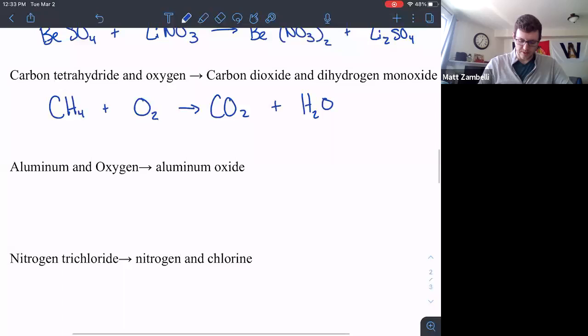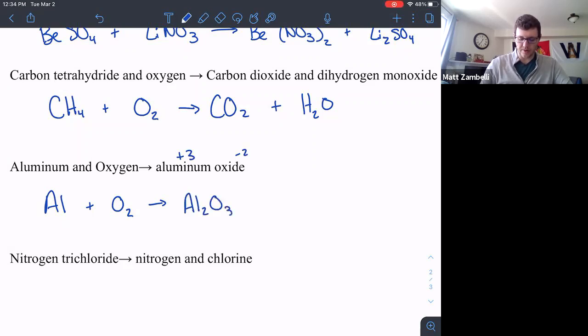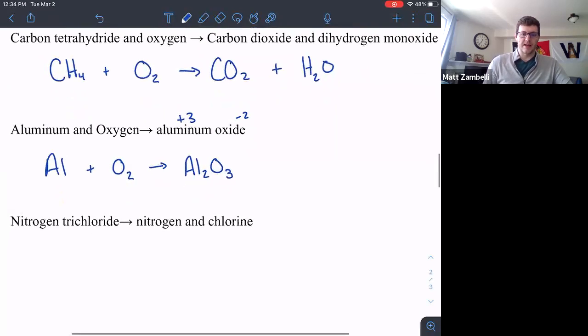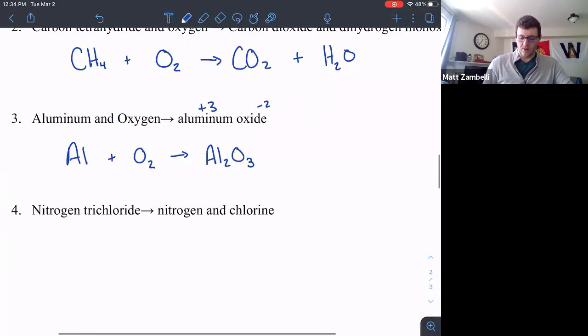The next one, we have aluminum and oxygen, so it's just Al for aluminum, plus oxygen, which is O2. Making aluminum oxide. And so we got to look at our charges. So we have a +3 and a -2, which gives us Al2O3. And then last but not least, nitrogen trichloride, which is